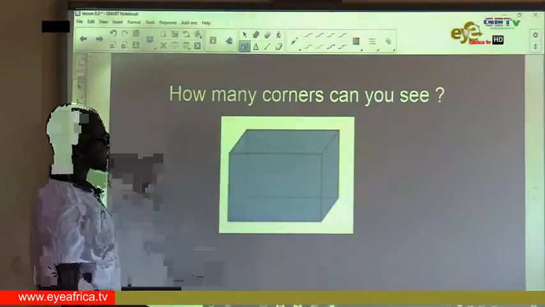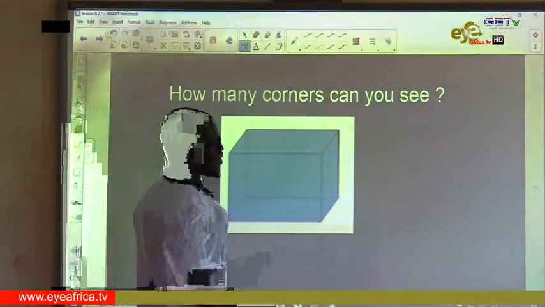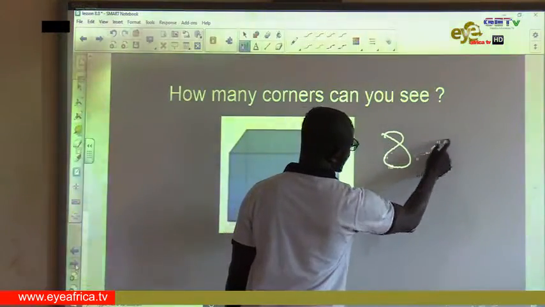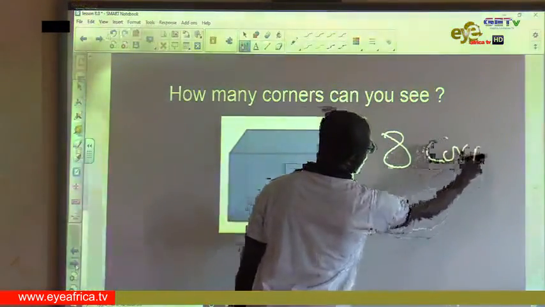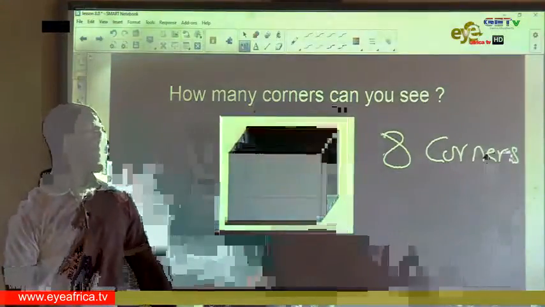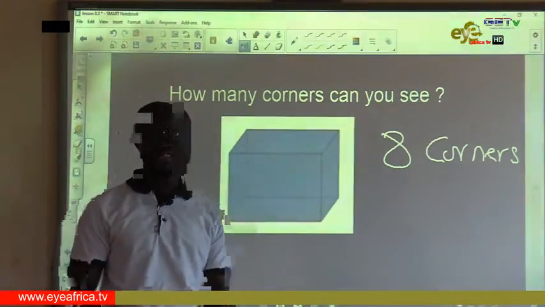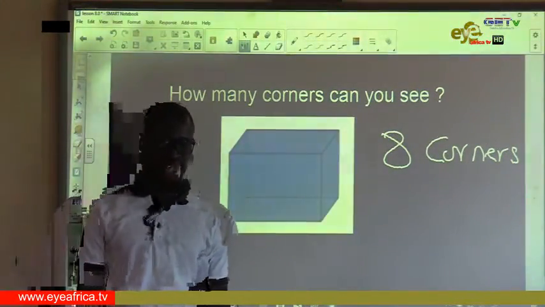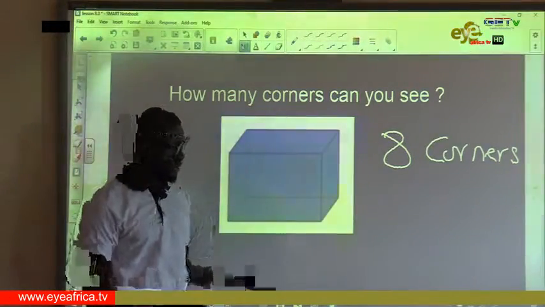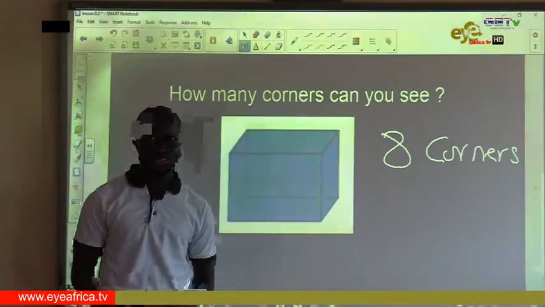The correct answer is, it has 8 corners. It has 8 corners. I hope you will take it from there. The cuboid has 8 corners. Now